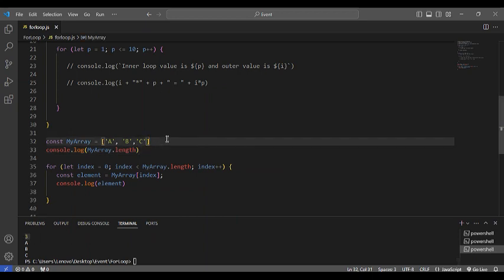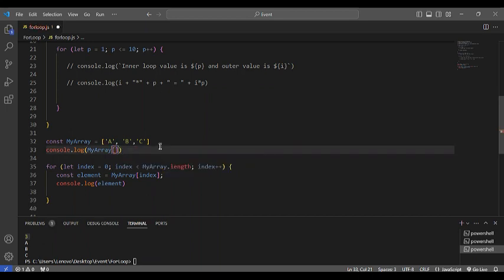All right. So in the array, the index numbers start from 0, 1, 2. If I tell you to find out my index number 0, and I run the code, then I get A. A is the index number 0. If I provide 2, we get C, all right? If I declare 3